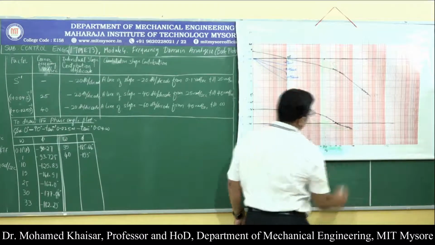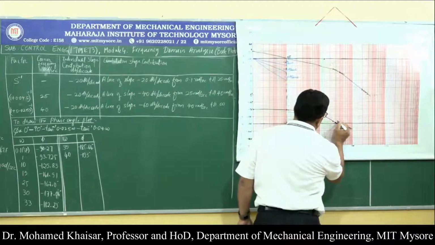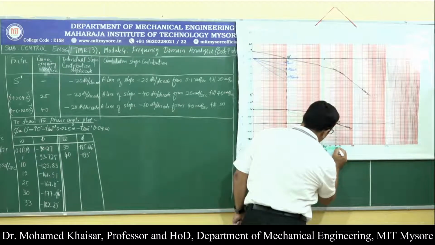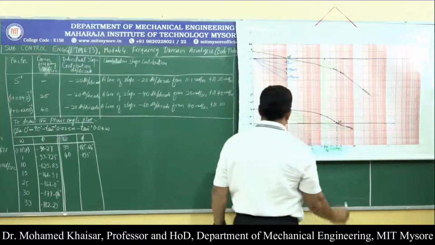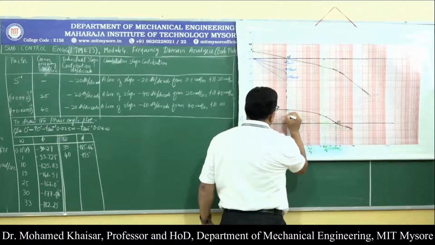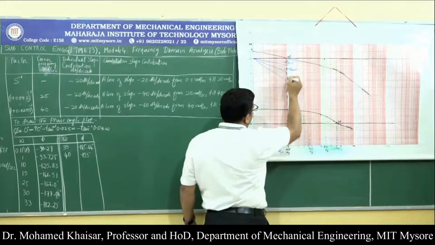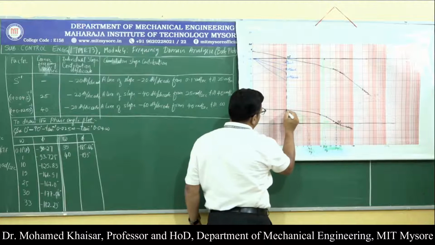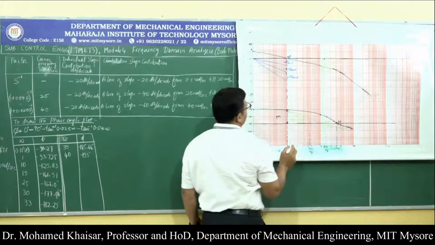Considering that, if we join all these points with the help of a smooth curve and go on till infinity, then you will see that you have got the phase crossover point. The frequency will be the phase crossover frequency. Now, the point where the vertical line drawn from the gain crossover point meets the phase angle plot, from there till the minus 180 degree line, what you have got is called phase margin.